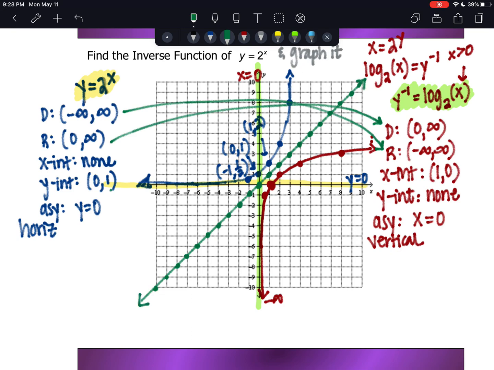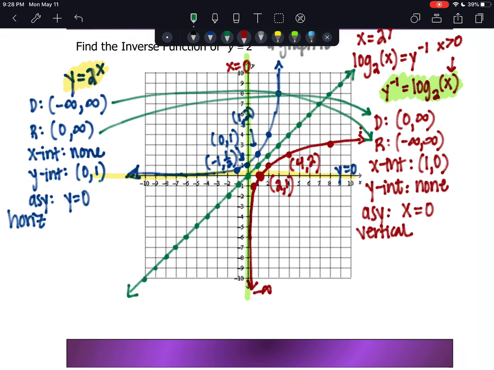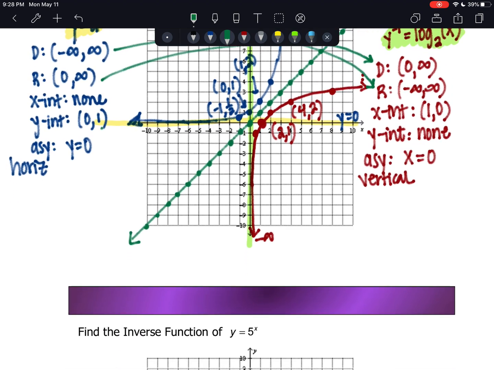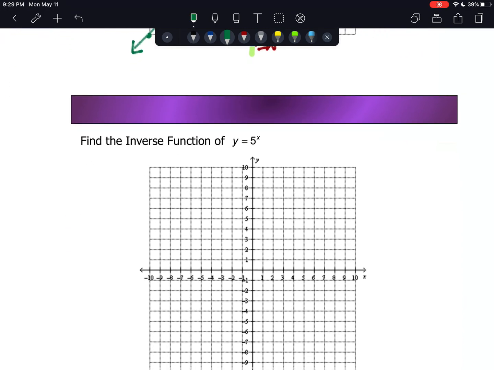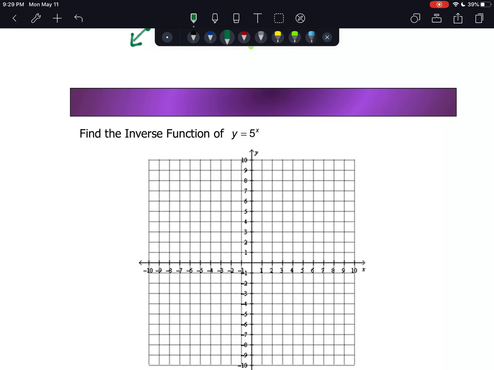So when you are symmetrical about y equals x, your ordered pairs are just flipped. So 1, 2 was an ordered pair on the exponential, 2 comma 1. 2, 4 became 4, 2. And that puts you with symmetry about y equals x. Okay, we're going to practice graphing these log functions by graphing the inverse function first. So we'll be coming back in the next video and graphing the